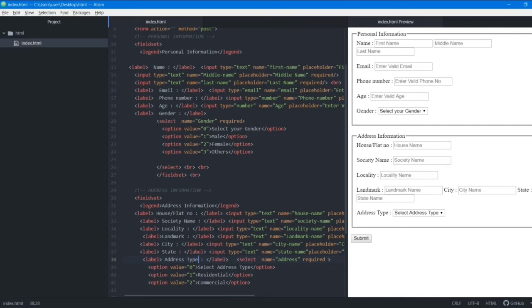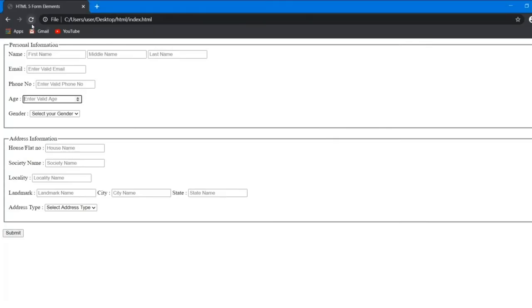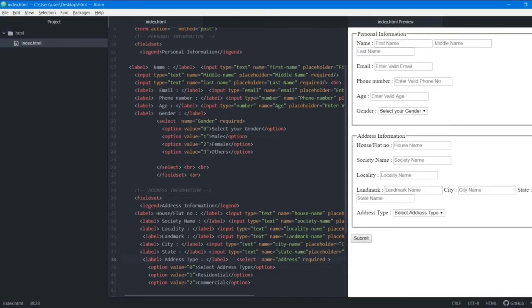We'll open it up in a browser. We've saved it. Let's refresh. Now you can see that we've added label to all of them. There's no change, is there? Yes, there's a change, right? There's proper spacing. You can see it looks much better as we have used label, and if we hadn't used label there was improper spacing. And now there's proper alignment. These two words are properly aligned.